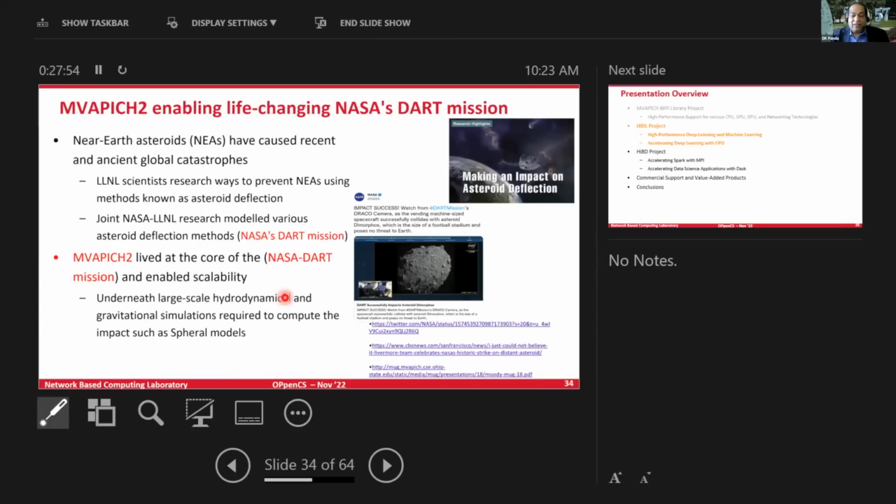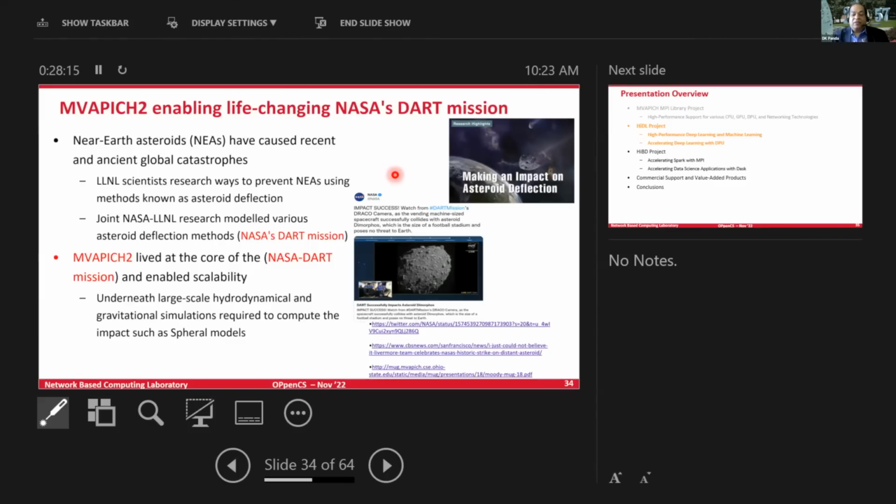Now, very interestingly, I'm also very proud of my team. Many of you must have heard of NASA's DART mission. The NASA spacecraft went and had a hit with the asteroid. In fact, the MVAPICH2 library actually helped in all these simulations. So we have been working with